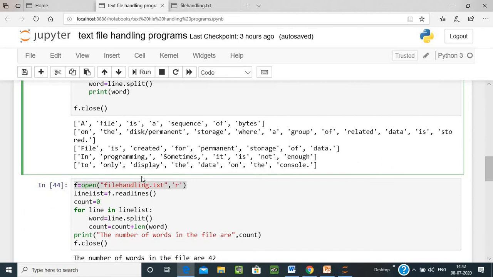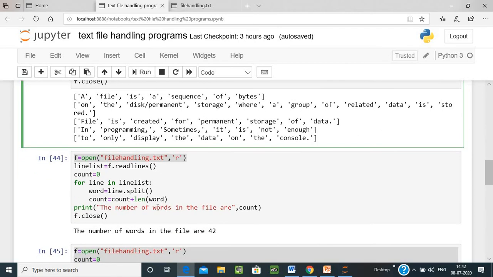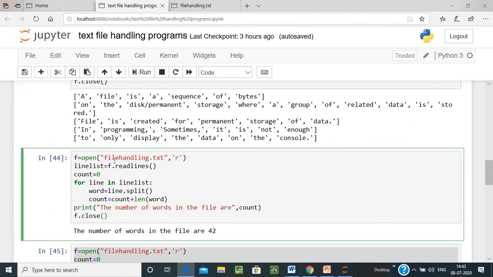Now this is a program to count the number of words in a file. We opened the text file handling.txt in reading mode. Now line_list equals f.readlines, count equals 0, for line in line_list, words equals line.split, now count equals count plus len(words).